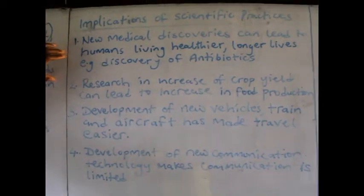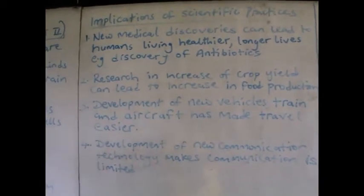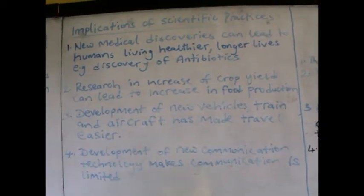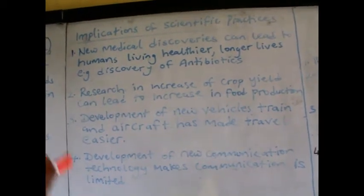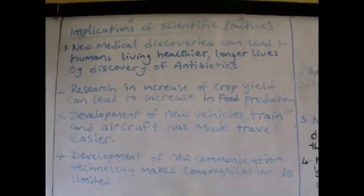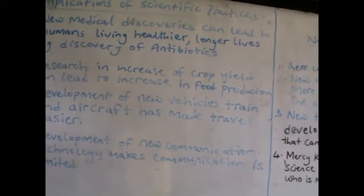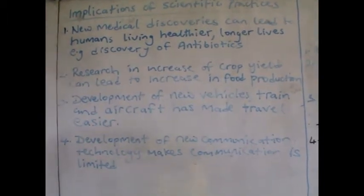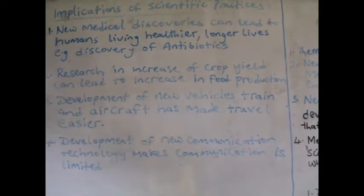Like the coronavirus, if scientists are now able to find a vaccine, you discover that the death rate will reduce drastically. That's why they are working daily to see what they can use in controlling it as a vaccine, or even if the cure is not there, they should have a vaccine to control it. When they do that, humans will live healthier and longer instead of being cut short as a